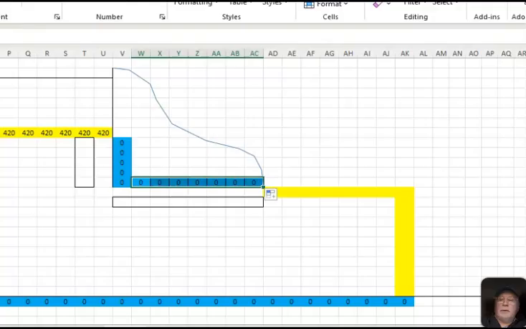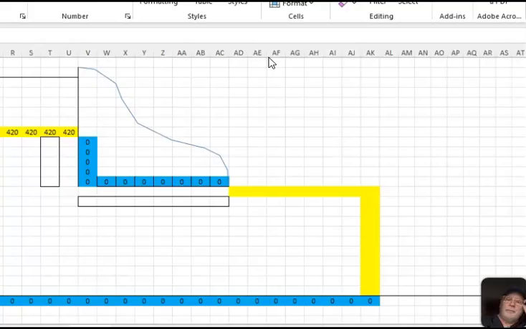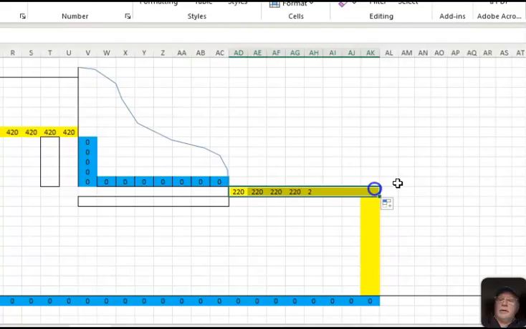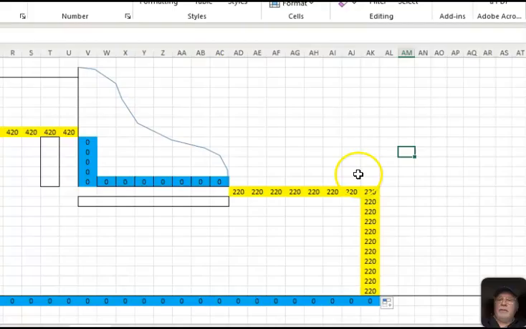All right, let me adjust your screen here, move over a bit. So the other boundaries here, these are all going to be 220. Again, the elevation is 200, but it has 20 feet of head on it. And then across to there. And then the same story as on the left side, because there's no change in the y direction. It's going to be all the same up and down. 220. Again, the deeper we go, the more pressure head it has, the less elevation head it has, but it